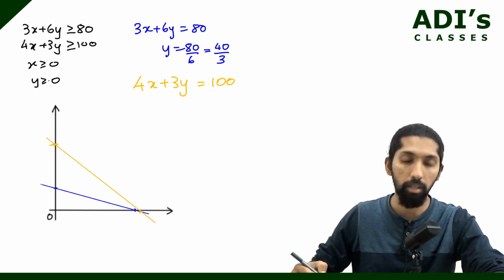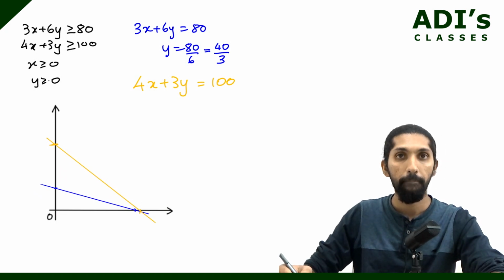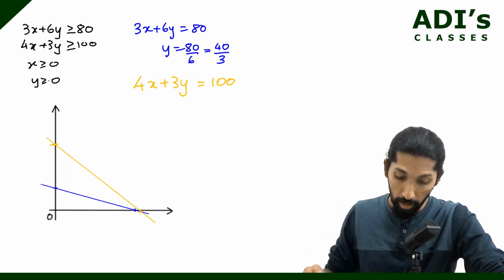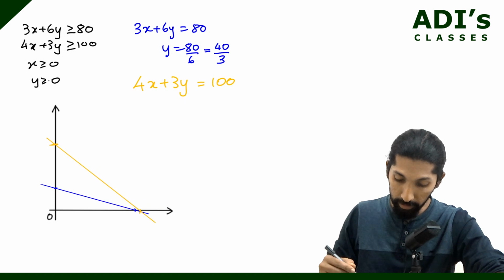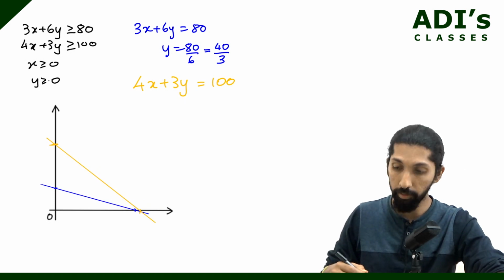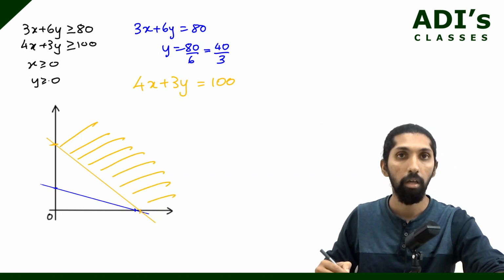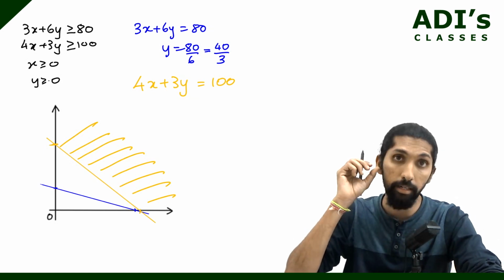All right. But guys, you need to understand that it's not a bounded region at all. It's an unbounded graph because it's greater than, right? See, when it is greater than, we are going to get this region. All right. Since we have an unbounded region,